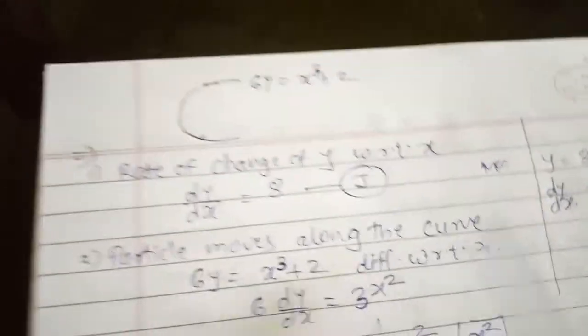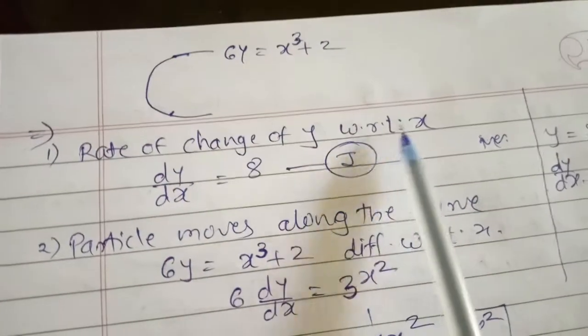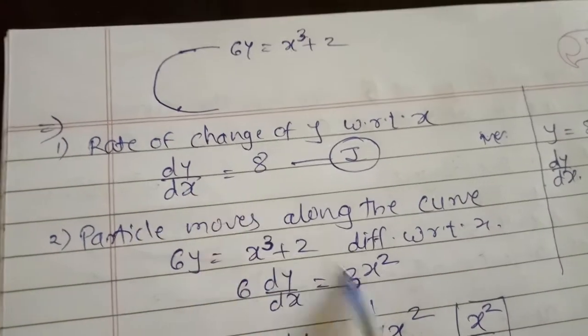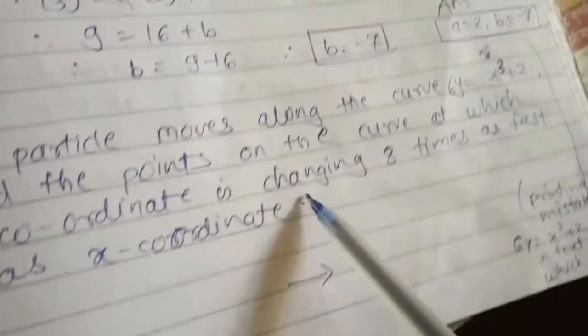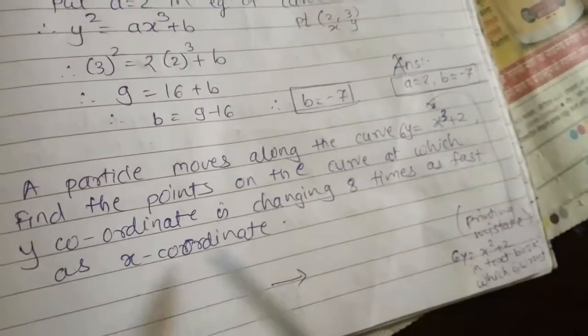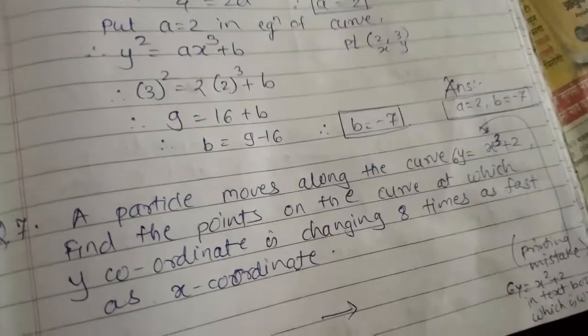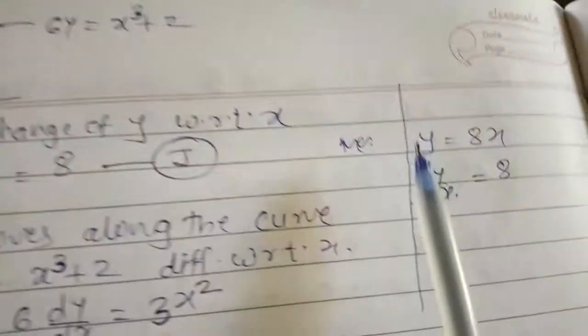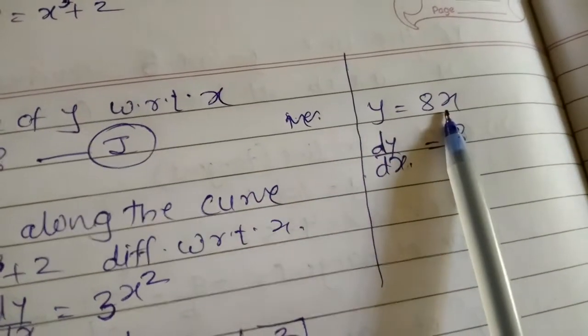Now see how to solve this type of example. तो हमें दिया है that y change हो रहा है. So the rate of change of y with respect to x is given like this way, that is dy by dx is equals to 8. कैसे change हो रहा है वो 8 times से change हो रहा है. See the sentence again. So y coordinate is changing 8 times as fast as the x coordinate. So there is a change in y coordinate with respect to x, और कितने टाइम्स से हो रहा है वो 8 टाइम्स. So हम ये जो मैंने लिखा है वो हम ऐसे भी कर सकते हैं, that is y coordinate is changing 8 times the x coordinate.